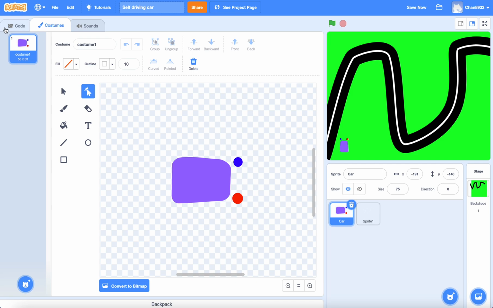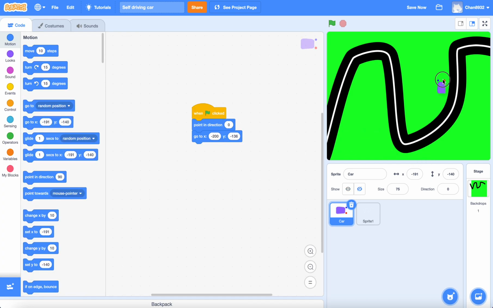Now actually we want to make this bright. I think I want it to start over here. So let's do that. I want it to point in direction of -90. And then we want it to start right over there. So now,